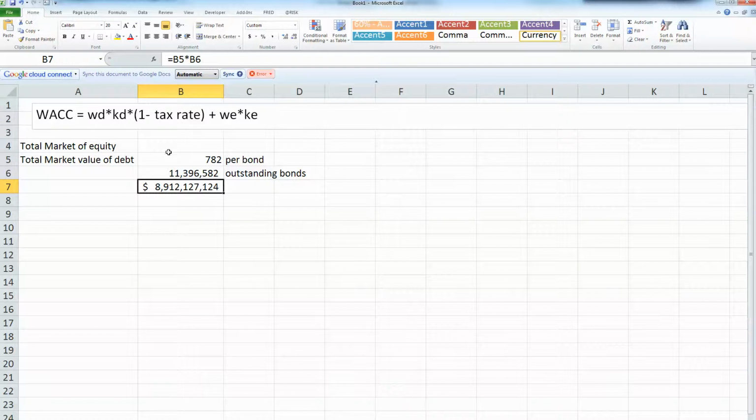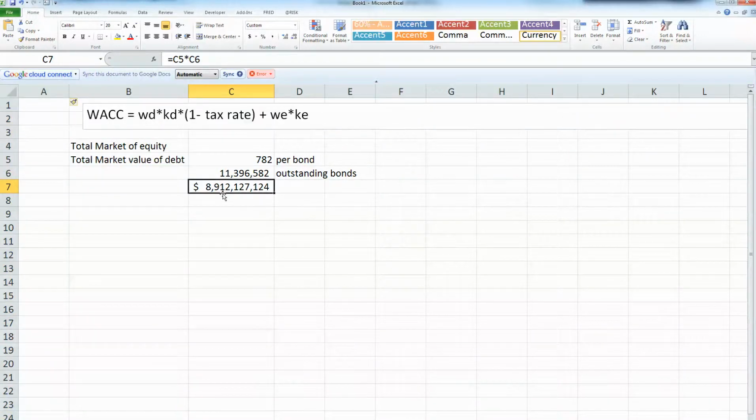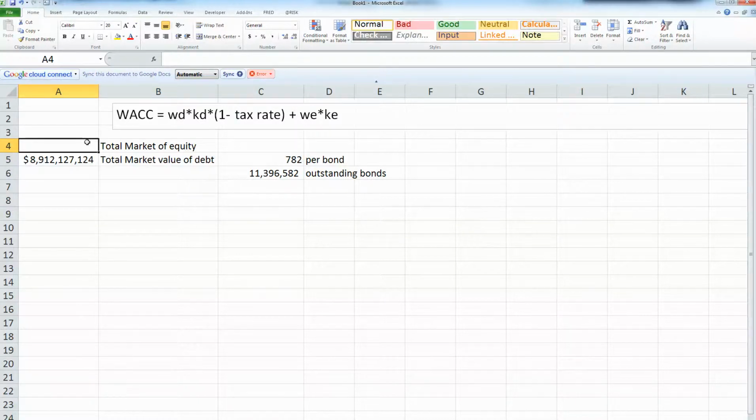So there's the market value of debt. And you know, this doesn't look that pretty and it's not particularly convenient. So I am going to just move that over there to keep it in line with the market value of debt right there. The market value of equity,